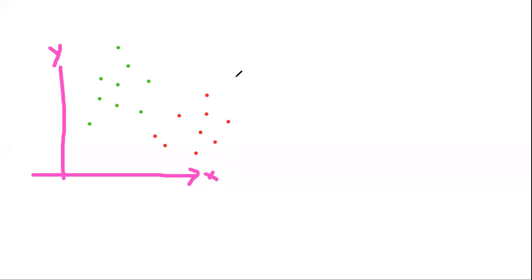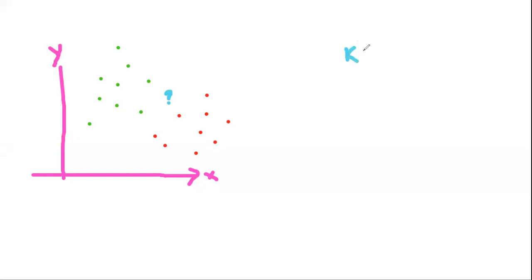In future, if you give a new data point to the algorithm, let us assume I want to detect whether this data point belongs to this green category or this red category. To classify which category this data point belongs to, we need to apply k nearest neighbor. Initially we need to specify the number of neighbors, that is nothing but the k value.